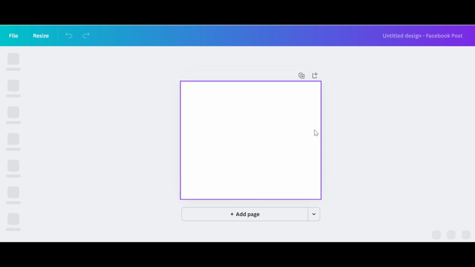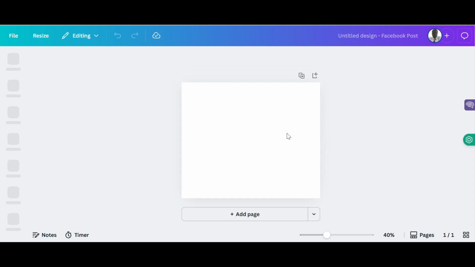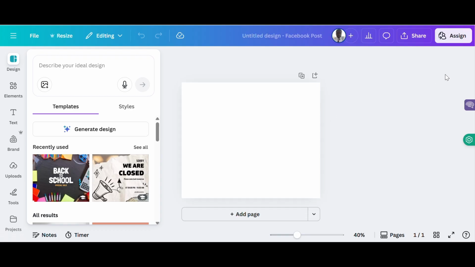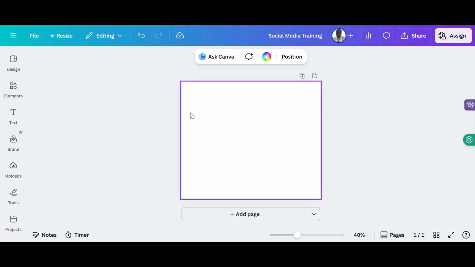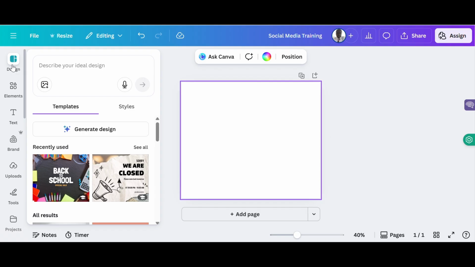Let's say this time around, we want to create a Facebook post. So here we have our blank board. I can click, let's say, social. It's also good to have the name of your design so you can easily find it, so we'll call it social media training. So here we have it, and then I'll go to the design bar here, and I can just type in